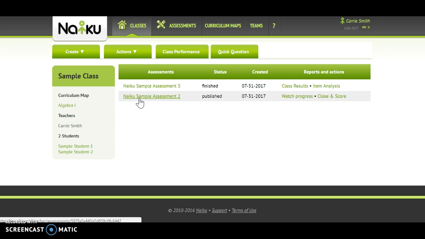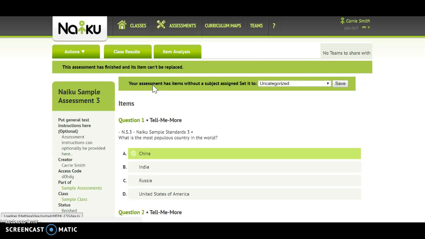They could click on a class such as Algebra 1. They can, from there, click on any assessments that they've taken and see feedback from me, their teacher. And they could also go in and see any pending assessments that they need to take. So from the teacher's perspective, I can create assessments with a variety of question types. So if we go into the sample assessment here, you can see